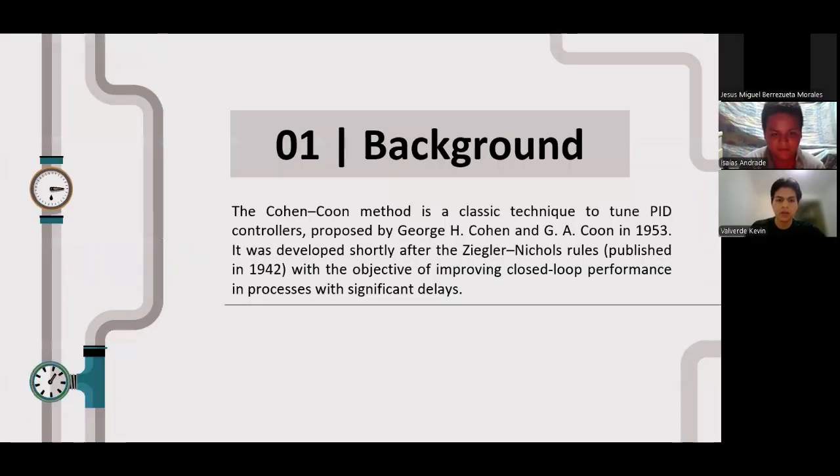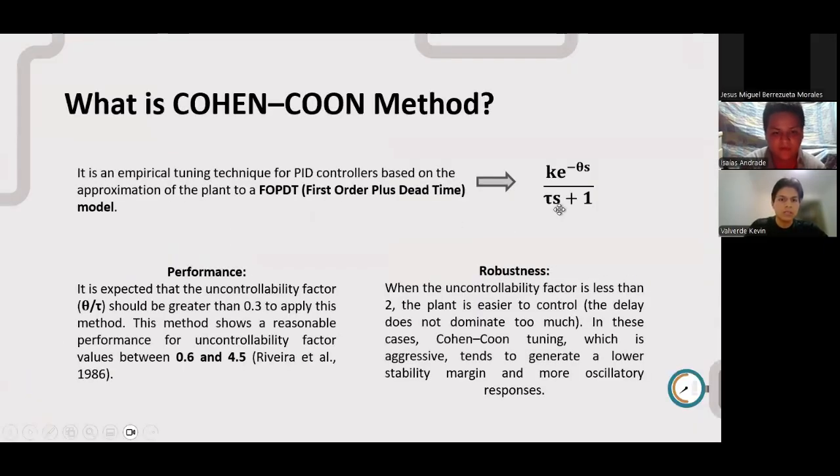First, the Cohen-Coon method is a classic technique to tune PID controllers proposed by George Cohen and Mr. Coon in 1953. It was developed shortly after the Ziegler-Nichols rules. What is the Cohen-Coon method? It's an empirical tuning technique for PID controllers based on the approximation of the plant to a FOPDT,